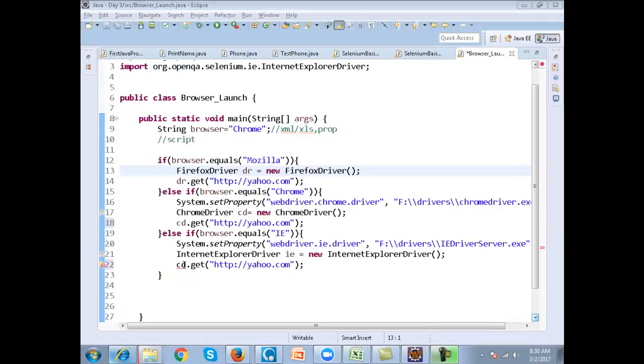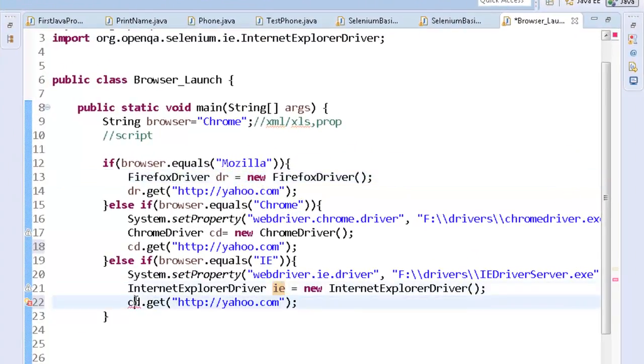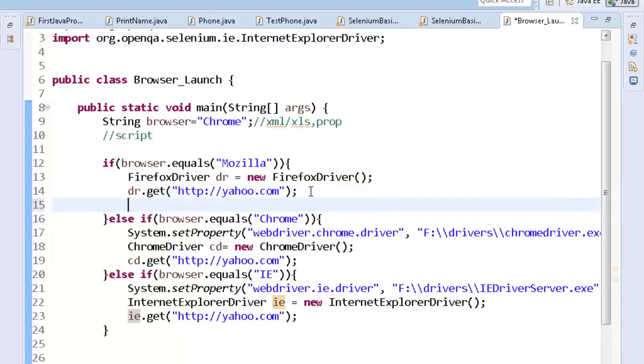The problem which we'll get is that I'll have to write code for every driver separately.